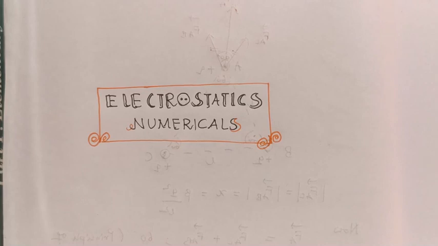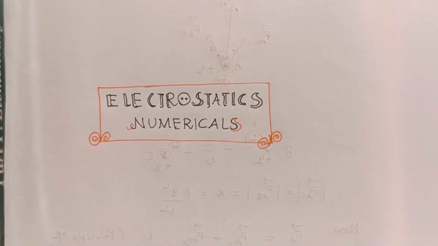Again, while doing the problems, you should remember the value of 1 by 4 pi epsilon 0. In SI unit, its numerical value is 9 into 10 to the power 9. Again, if the force is given in vacuum, F naught, and you want to find the value in any medium, another formula you can use is F is equal to F naught by epsilon R, or you can write K. K is the dielectric constant, or epsilon R, which you may call relative permittivity. By using these 2 or 3 formulas and the vector concept, we can do some problems.